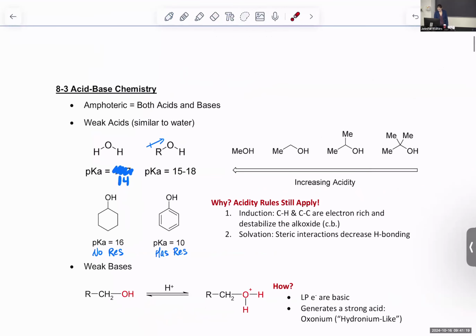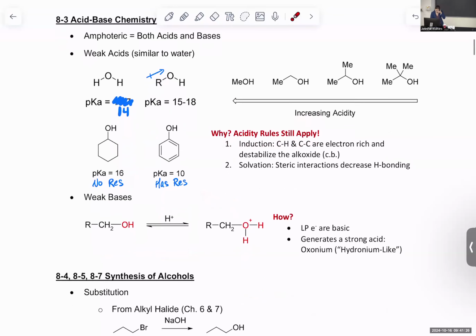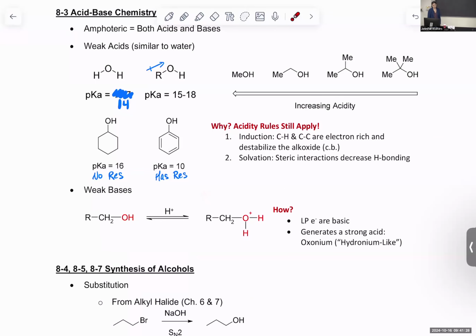So our acidity rules still apply, looking at charge, atom, resonance, induction, hybridization. They're also weak bases because I have a lone pair of electrons, so I'm capable of taking a proton. That lone pair of electrons is basic, but it's a weak base because when it becomes protonated, it generates that